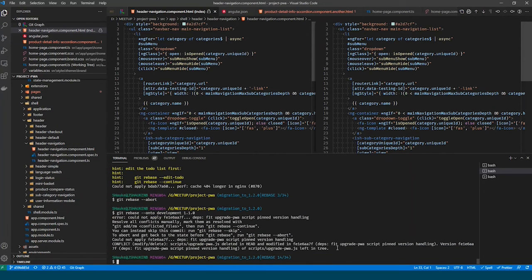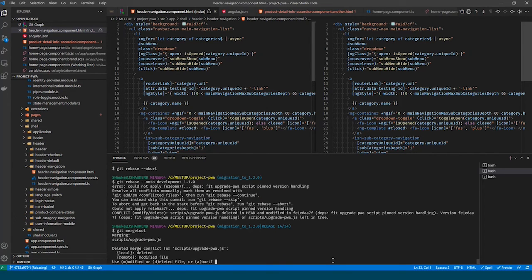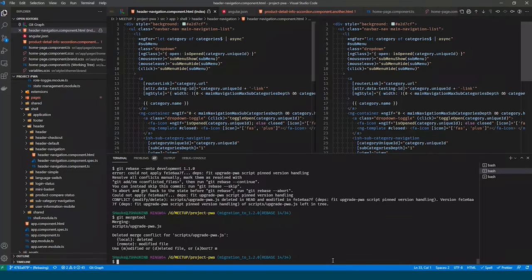But as I did before, I added a change that will result in problems. This time I have the problem with the commit upgrade PWA script print version handling. This was the script that I deleted. So I do again git mergetool to the rescue, and it will tell me what to do. This time it doesn't present me the differences. It just tells me that the file was deleted locally and remotely it was modified. So I say, okay, if they modified it, I will use the modified version, and then I'm done